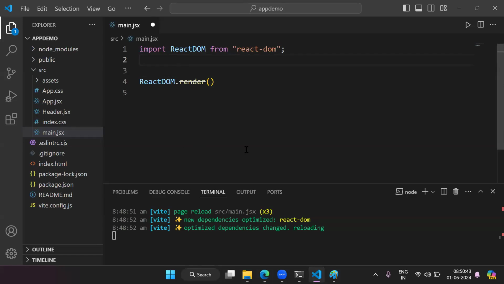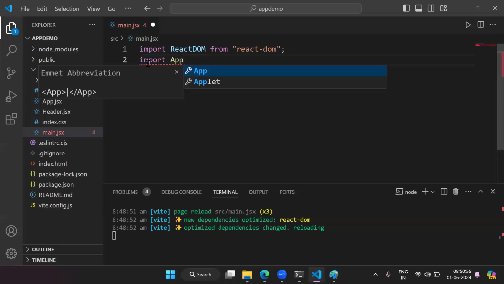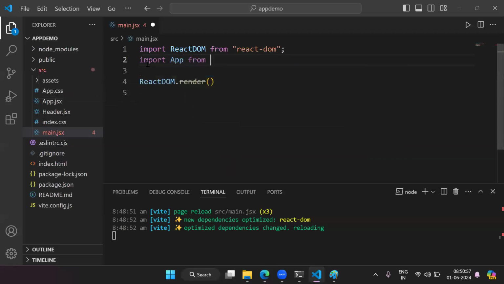So do we have the app component in this file? We don't have it. Where is our app component? It is in app.jsx. So from that file, we have to import the app component first. Import App from, then here you have to give the relative path. Now this app component you have to render here as the first argument,